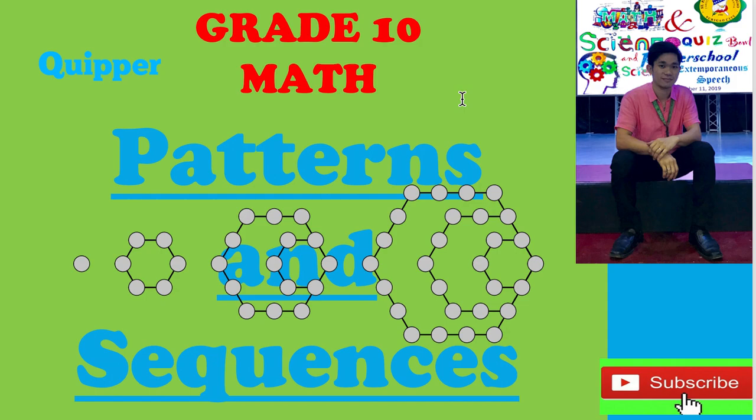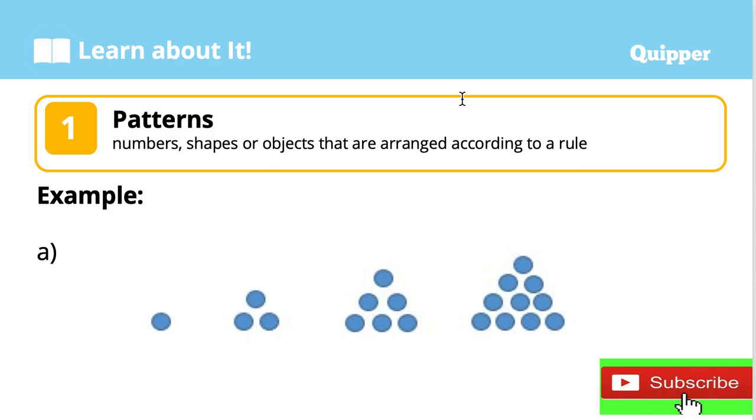In today's video, you will learn patterns and sequences. Let's start with the word patterns. Patterns refer to the usual types of procedures or rules that can be followed. It can be numbers, shapes, or objects that are arranged according to a rule. Patterns are useful to predict what came before or what might come after a set of numbers that are arranged